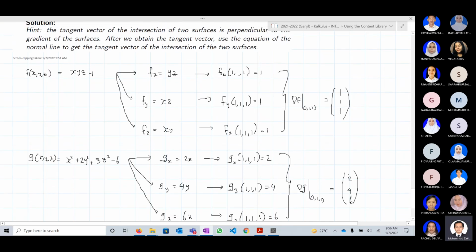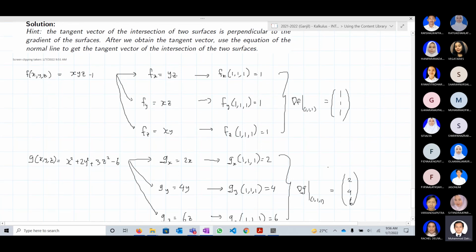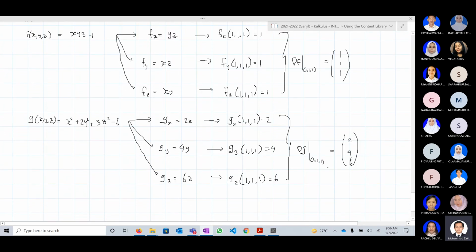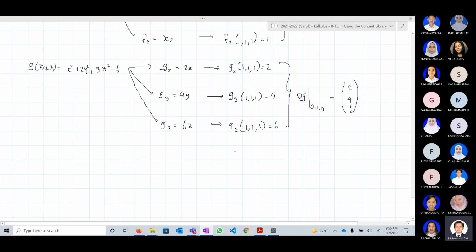So now what we need to do is to find a vector that is perpendicular to the gradient of the surfaces. So the vector that is perpendicular to both is basically the vector grad f at (1, 1, 1) cross grad g at (1, 1, 1), which is (1, 1, 1) cross (2, 4, 6),